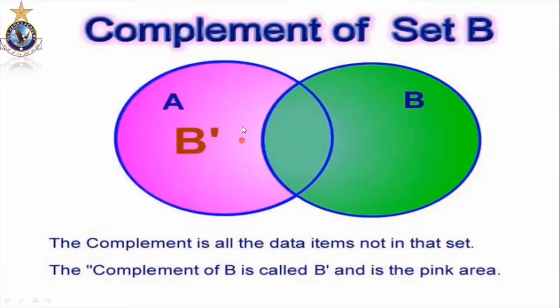Now this is colored just like that, because we are looking at the complement of B. So each and everything that must not be included in A. So that will be only in B, because now this portion is also included in B. So we are looking for the complement of B. So that should not be over there, because this is common to both. So this will be the complement with respect to A.